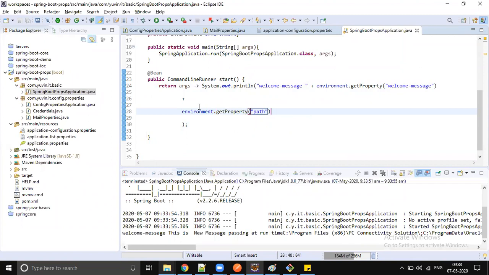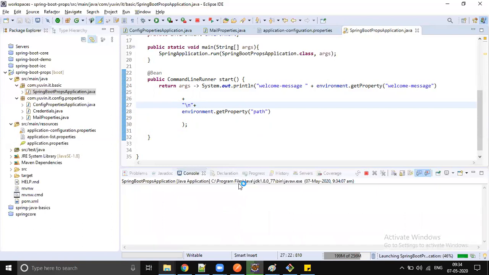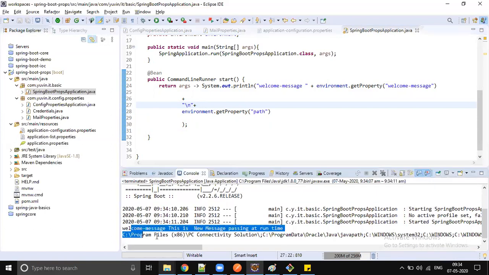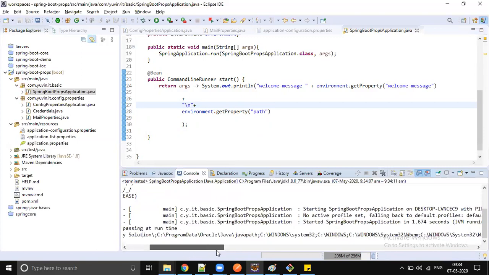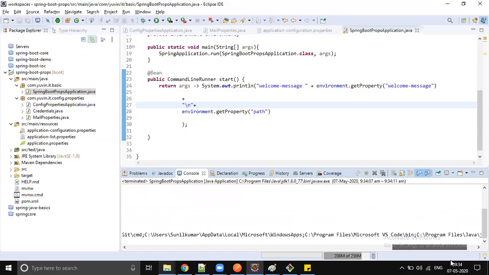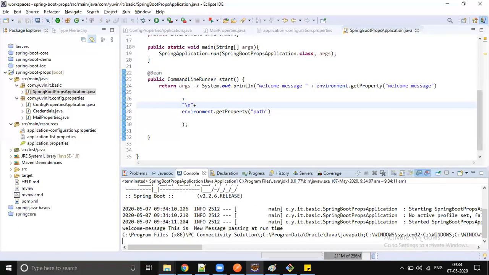See, this is my environment variable. I will give line breaks in the data, then it would be easier for you to understand. So this is my system path. I don't have Java configured here, that's why I'm passing the fully qualified path of Java, under Program Files, Java, JDK.